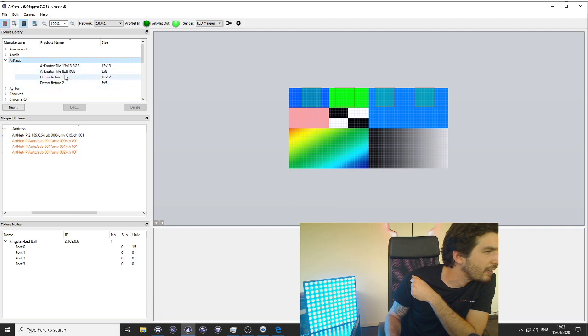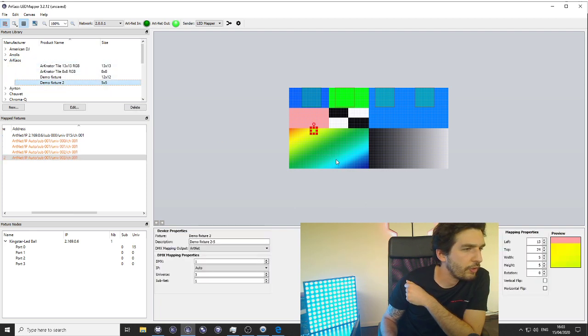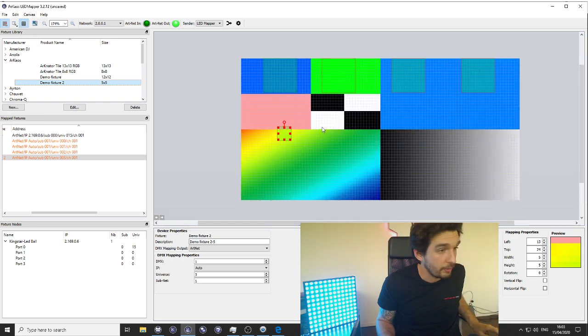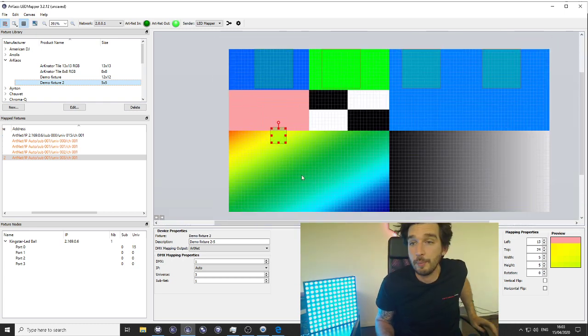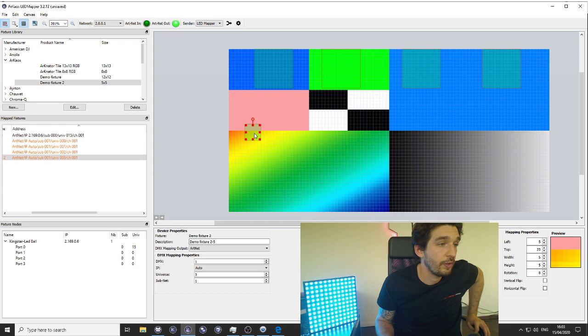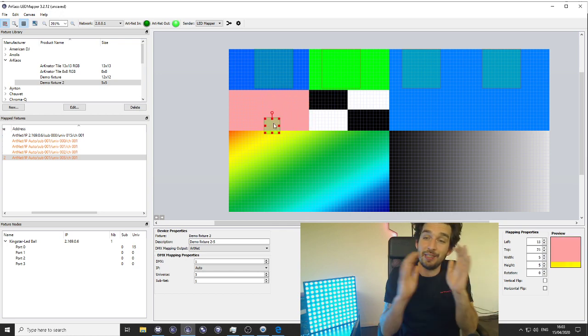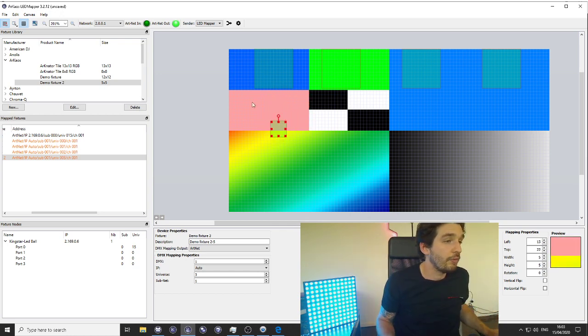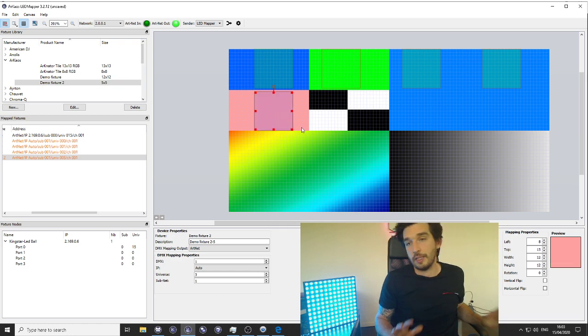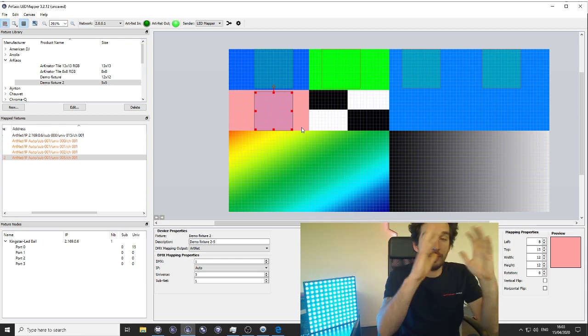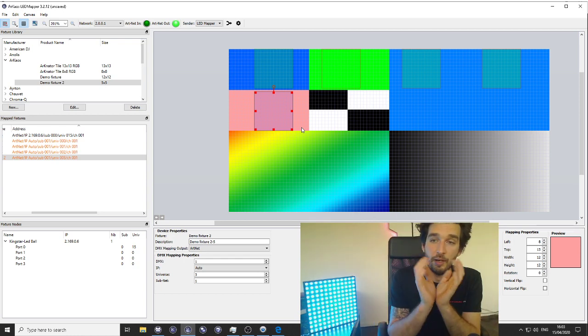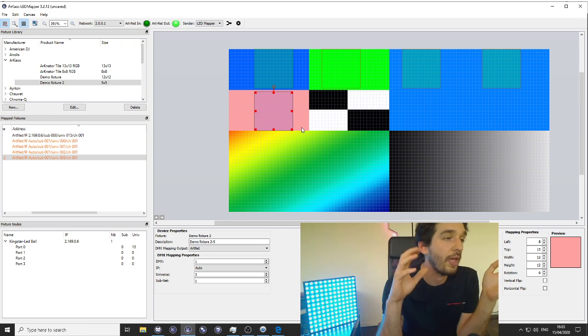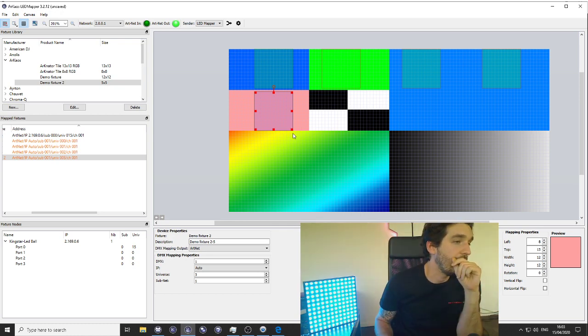Arceus, demo fixture 2, drag and drop, smaller fixture. Why? Because this is a pixel size. That fixture is only a 5 by 5, so it will show smaller. If on stage that fixture has the same size as that one, what you can do to adapt the pixel ratio is just expand it and adapt it like that. So the mapping will be cohesive. It will cover the same size of mapping and will sample the same array of pixels, so the pixels will be cohesive there.